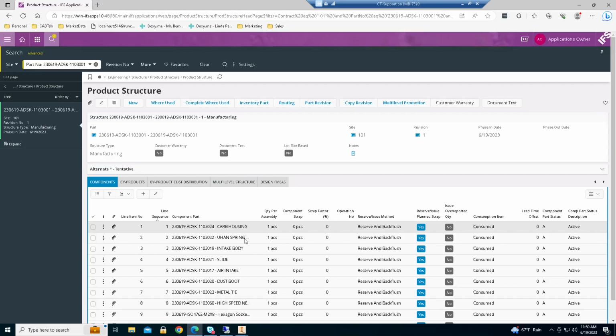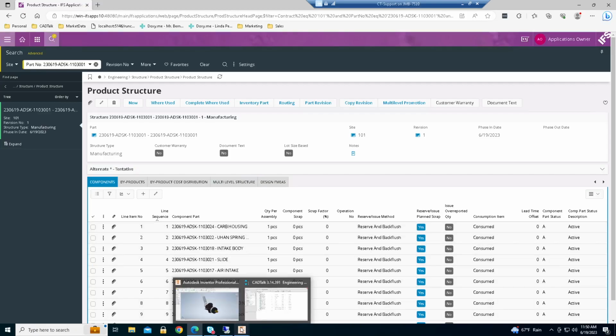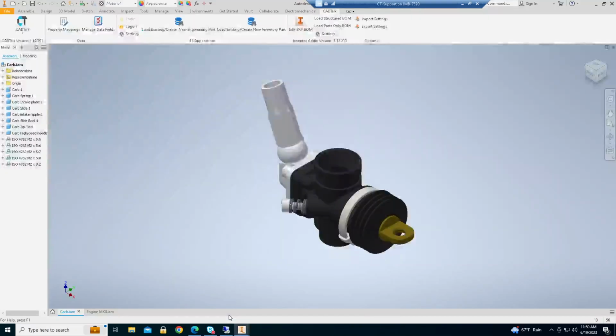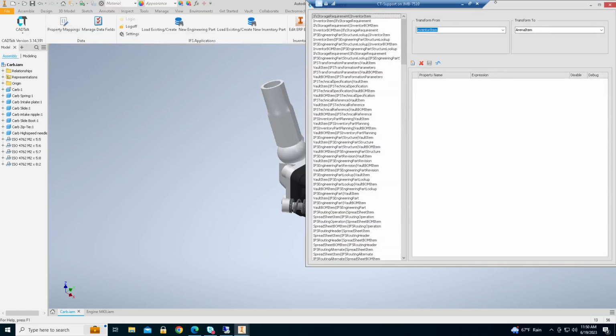shop floor. Now, switching back to CAD Talk and Autodesk Inventor. Everything in CAD Talk is configured. You notice we have add-ins. All of those are pre-built and require no custom development. What CAD Talk does allow you to do is it has a rules engine that allows us to configure CAD Talk right in the interface for all of your needs for the